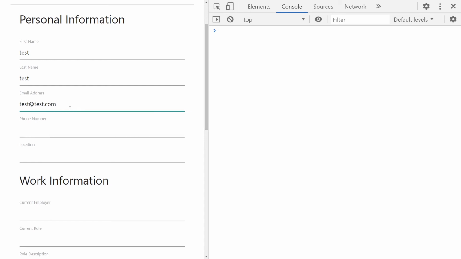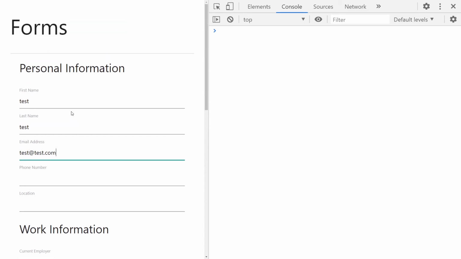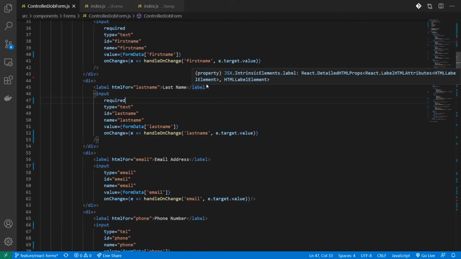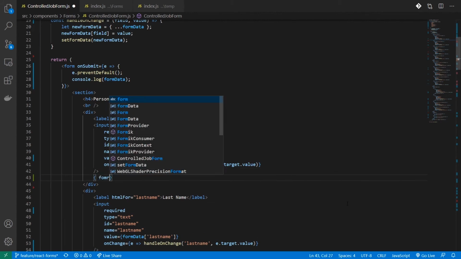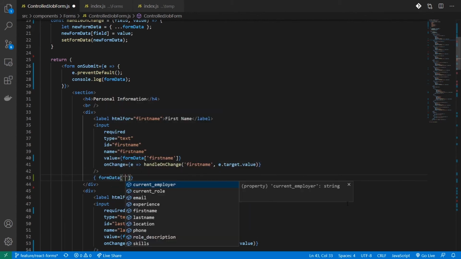Let's see how we can add custom validations. I have to add validation to prevent the user from using certain first names. For example, whenever the user enters admin as his first name, I'll have to show a message that he cannot use this. To check that, I'll head over near my input, and just below my input, I'll check for my form data of my first name.